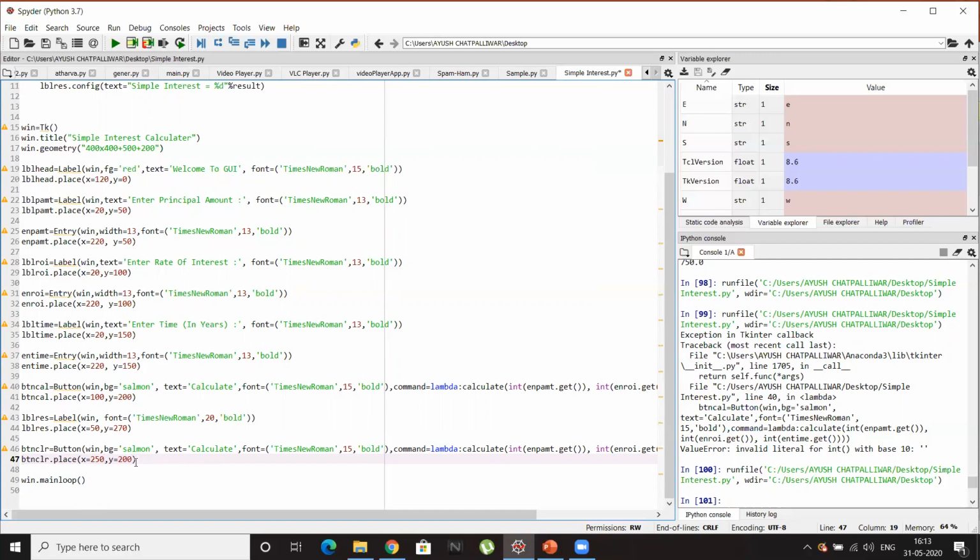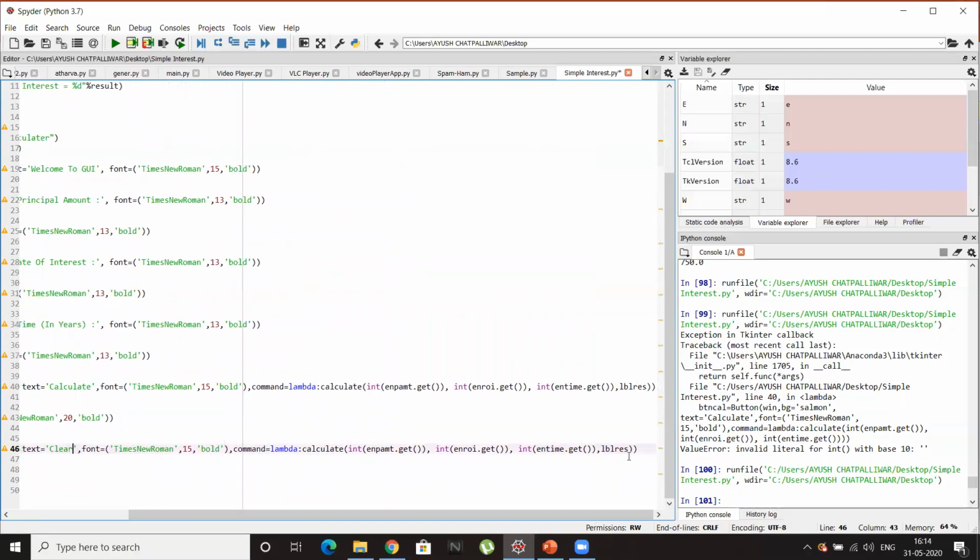Only the x will change, y will be exactly the same. And the text will be not calculate but clear. And I'll just clear all the attributes in this calculate function and change it from calculate to clear.